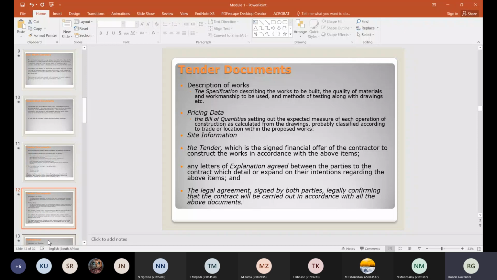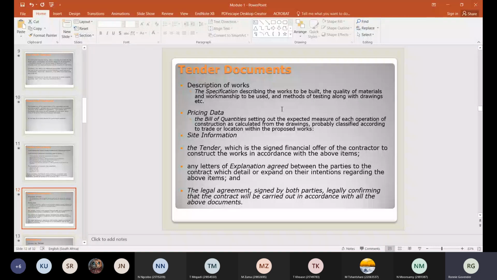Then also the BOQ must be included, and generally you'll notice it notes anything that might be out of the ordinary. For example, most of our civil engineering works are priced in accordance with your SABS 1200, where the operations are specified.